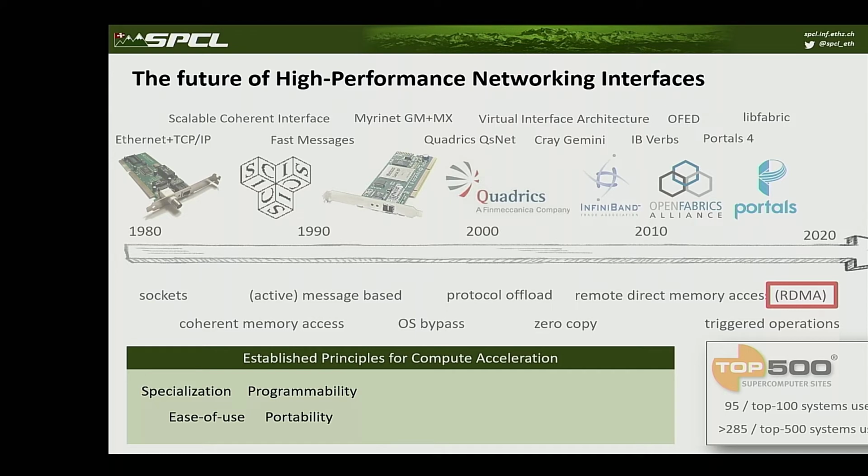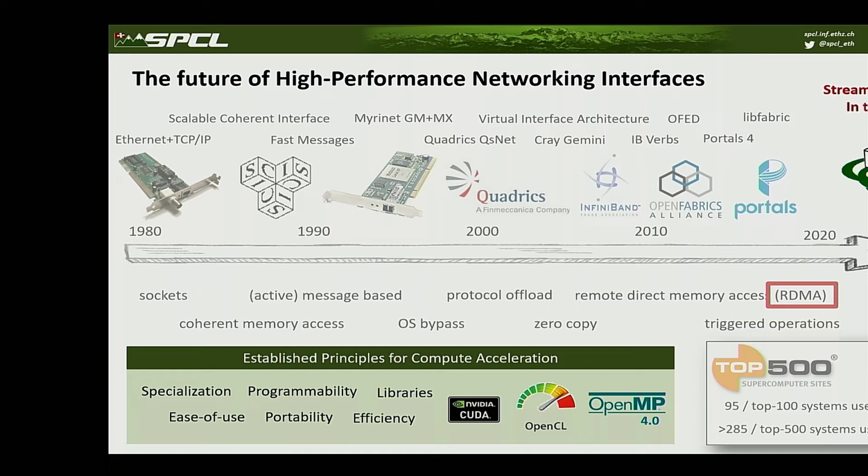It has to be portable. CUDA is reasonably portable among NVIDIA devices. It has to be efficient. Of course, it is efficient as well as to support libraries, as I mentioned. And then we have several different interfaces. I should have OpenMP5 here, because OpenMP5 is really the better way to program accelerators. Better than OpenMP4, okay? So we should really look at these principles, and now the question is, can we do